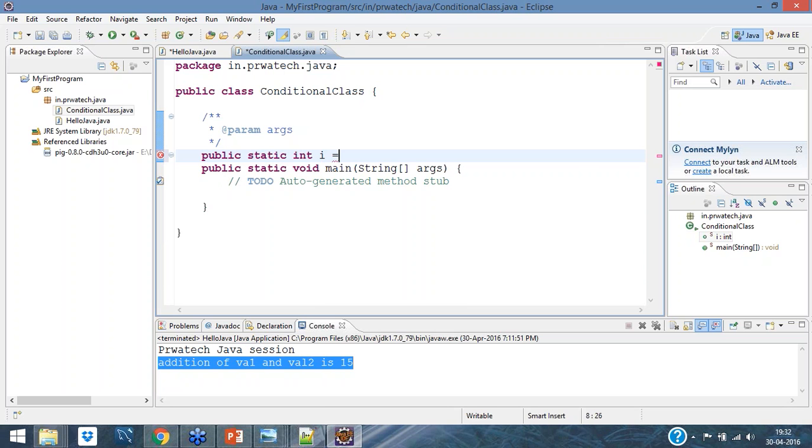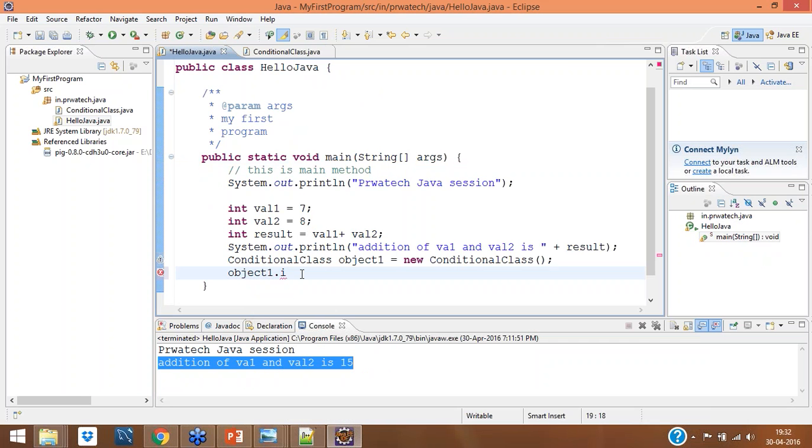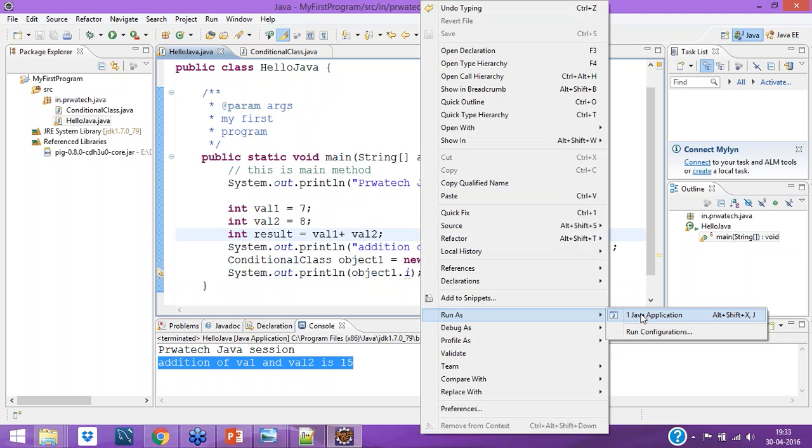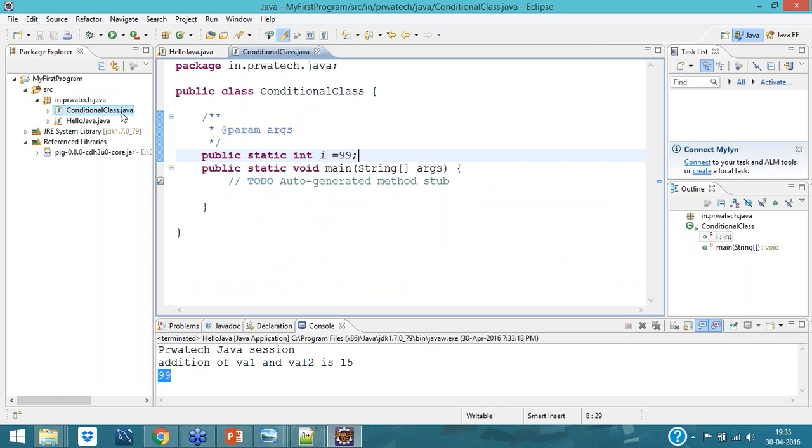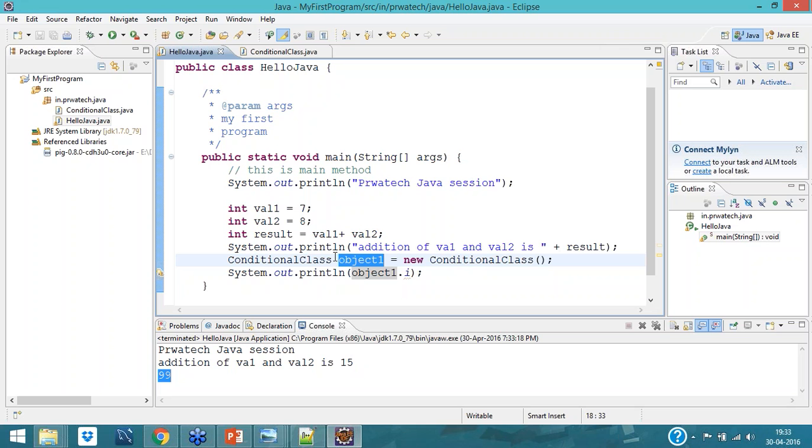See, you can see the i value. Let me print it. See, you are able to see this 99 here. This is maintained here, but you can see it here through the reference. This reference can be maintained inside this main method.